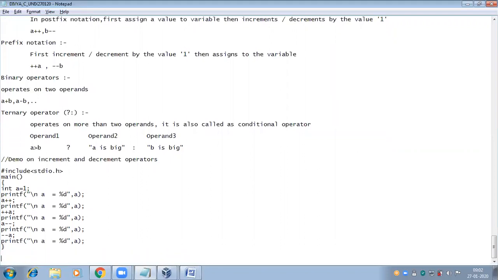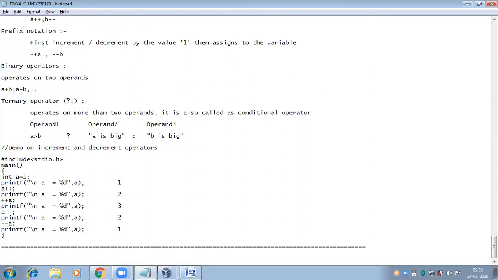Let's close. So the result will be 1, 2, 3, 2. 2 plus 1 is 3, 3 minus 1 is 2.